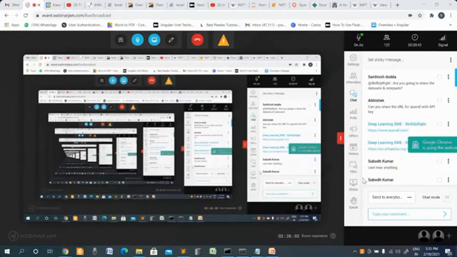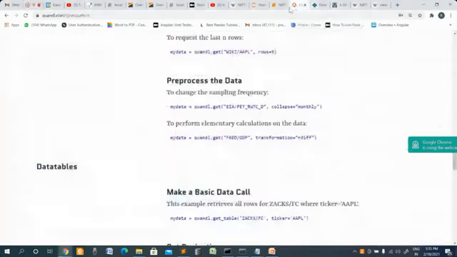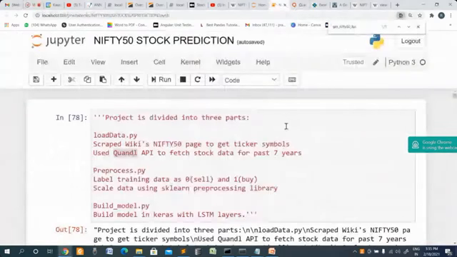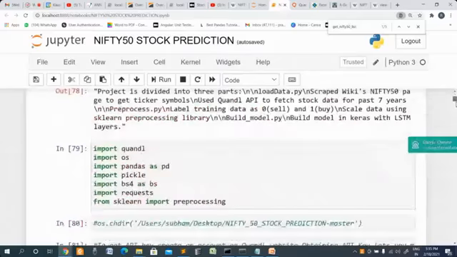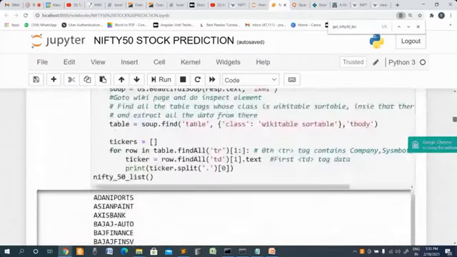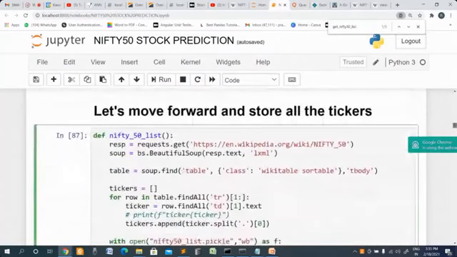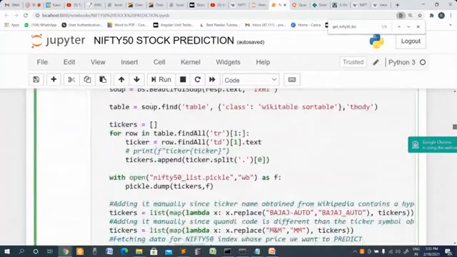Okay, so let us go to the next step, where we will see how we extract this information. Once we are done with this, we store this information into a pickle file.